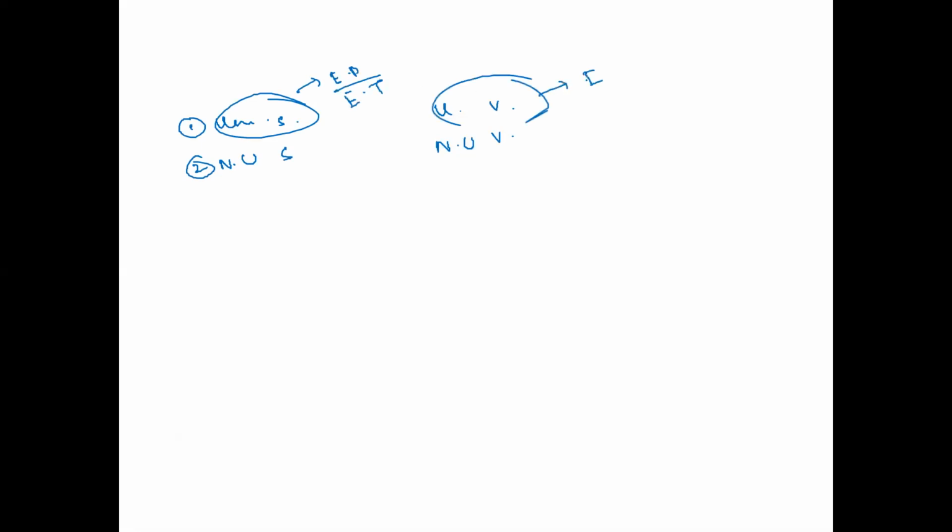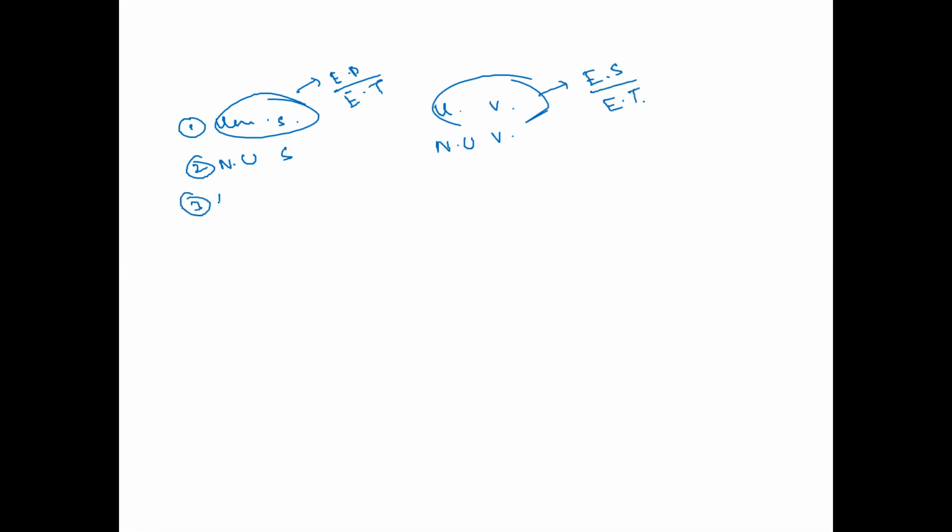Now I'll ask you a question. What are the types of speeds? Tell me. One is uniform speed, same way uniform velocity. Uniform speed, uniform velocity, non-uniform speed, non-uniform velocity. What is the meaning of uniform speed? Equal distances in equal intervals of time. What about here? Equal displacement in equal intervals of time.